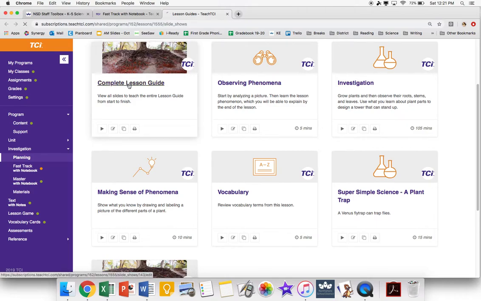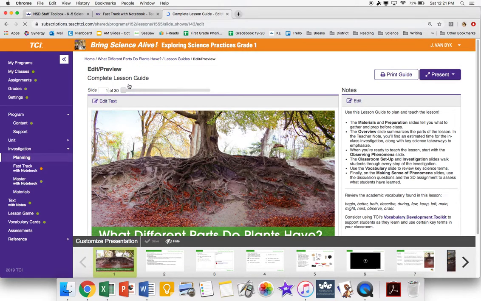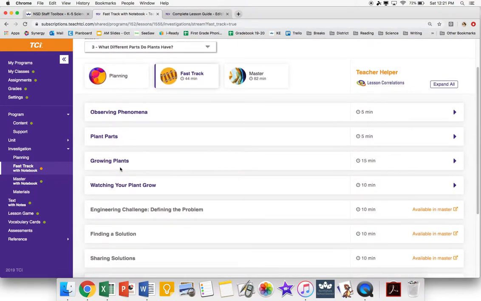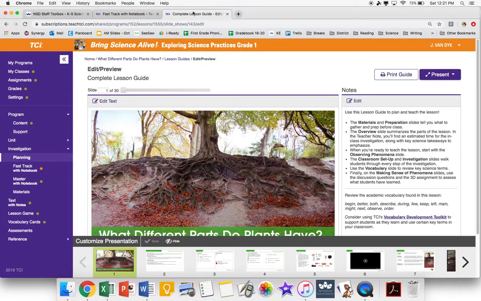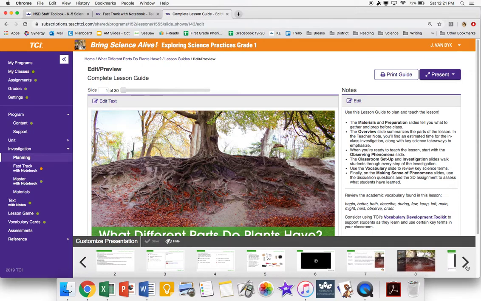This has the complete lesson guide. I'm going to go ahead and open that up. This is all the same. If you had edited any of your slides last time, those are all still there. So I'm going to go back to my Fast Track, remind myself which parts I can skip. Okay, so I can skip engineering challenge. So watch this. Since they don't give you your own Fast Track slide deck, you can go ahead